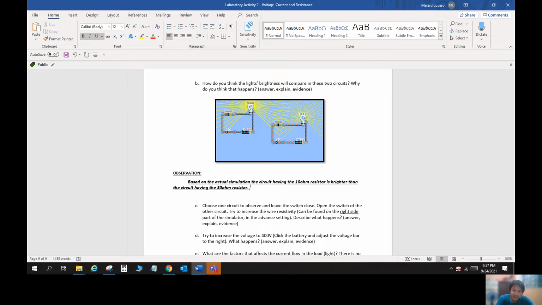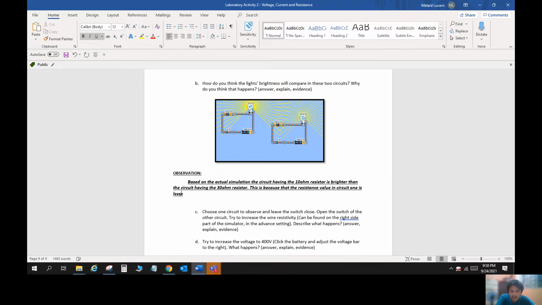So, syempre, dahil mas maliit yung resistors niya, or mas maliit yung pwersang pumipigil sa kanya, kaya mas malakas yung ilaw na pinoproduce niya. So, yun ang ating i-explain. So, this is because the resistance value in circuit 1 is lesser than the circuit 2,